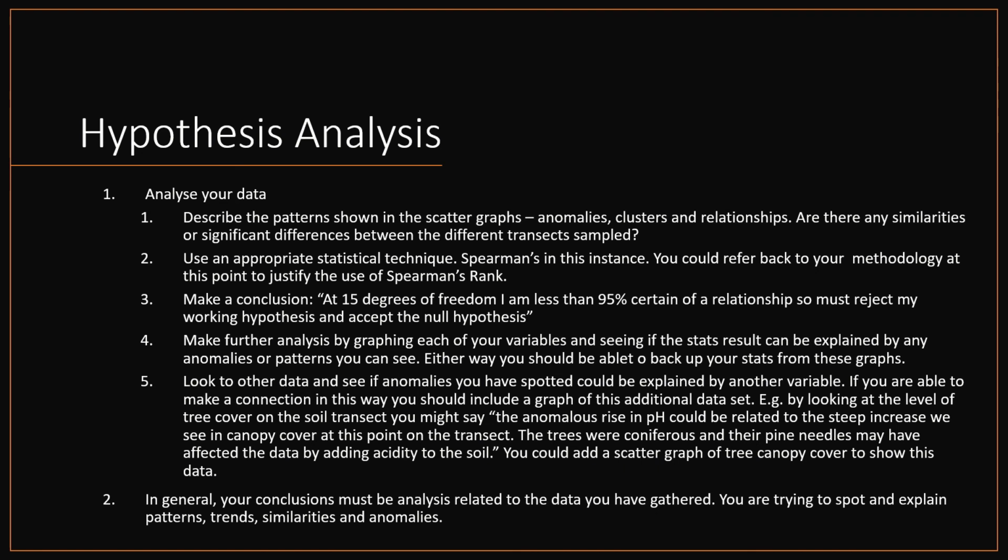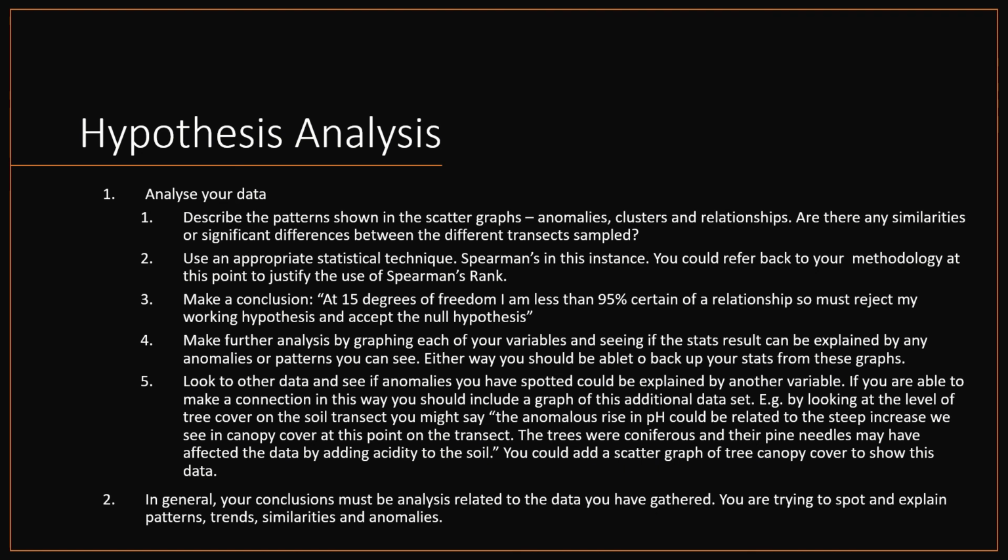On to point 5. If you want to do further analysis, what you're really going to have to do is to look to other data sets. So for example, you might look at your land use map, and you might spot that the transect in question had an unusual pH amount, because by looking at the land use map you can see that there are coniferous trees, and those coniferous trees will drop needles, and needles can influence the level of pH in the soil. Those trees might be affecting the level of pH in the ground. Similarly, you might look at a data set that you have gathered somewhere else in your study, maybe the amount of shells at the beach, and you can graph those, and by looking at that graph you can see that there is a peak in the shell count at site 6, and site 6 is the one that has an anomalous pH score. It has a very high pH score, and you could say, well,